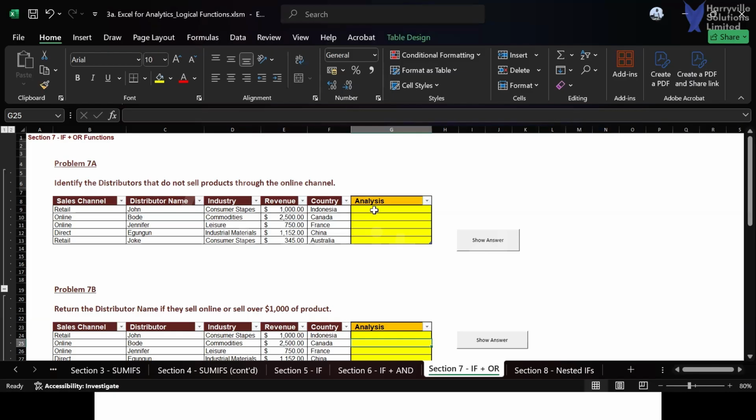So now let's just go through it. Say equals to IF, OR. Now instead of fulfilling my logical test directly, I'm going to call on OR. Now what is my first logical test? My first logical test is the distributors that do not sell through the online sales channel, right? So I am going to be calling on this first sales channel here, right? I am going to say if it is greater than or equals to